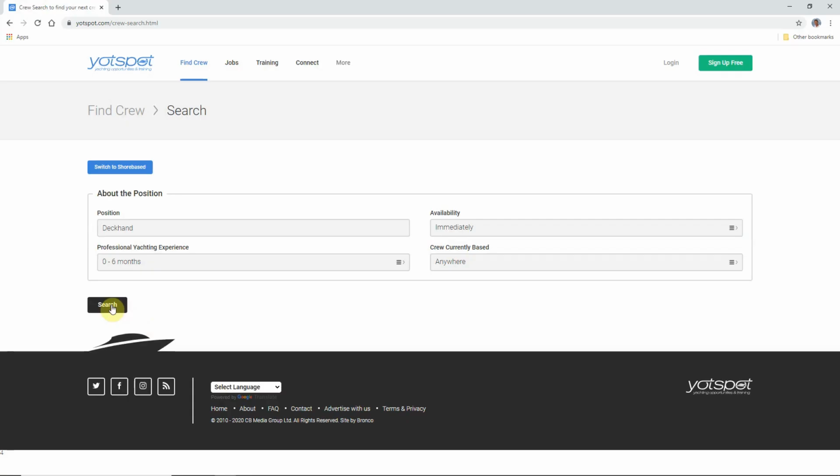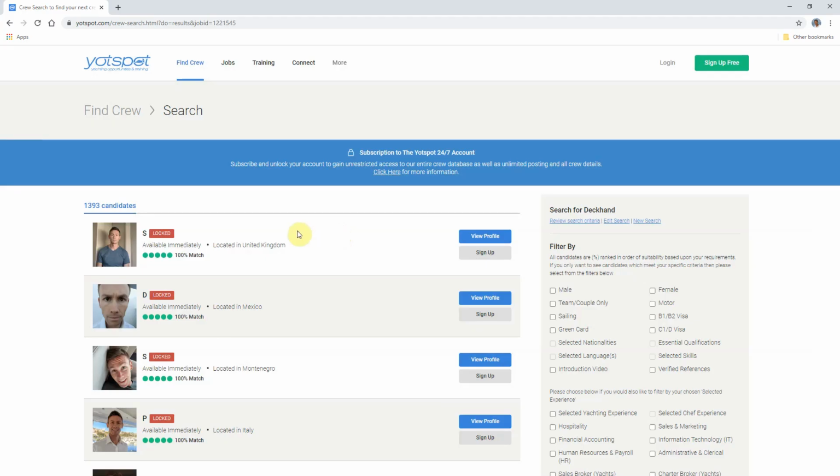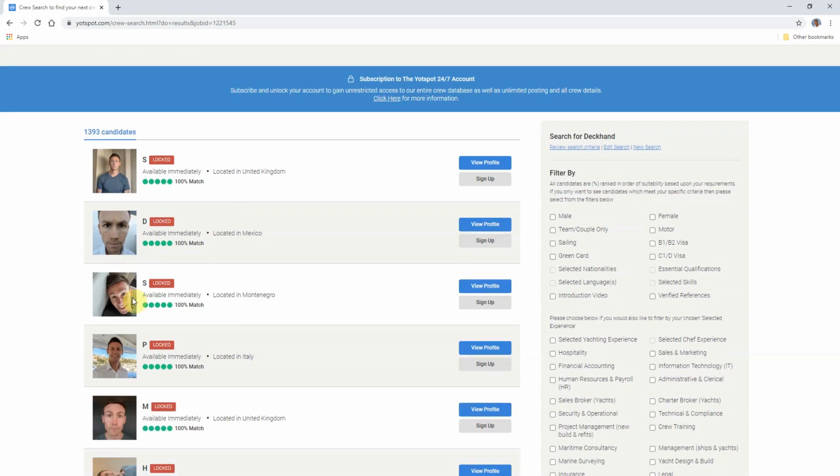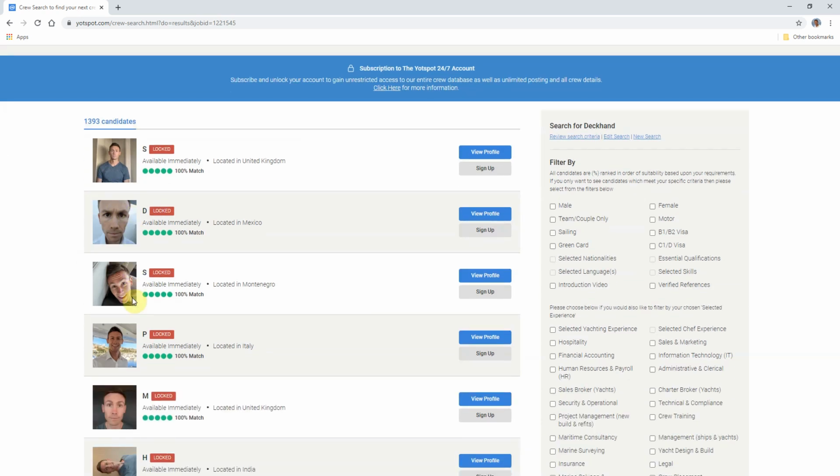Let's click search. And there it is, matching. It's going to search through all of its database to find all of the candidates that meet the criteria that I've just set. Here then we have the results page, and here we have the hook. Each candidate's hook, their profile photo. Now, I don't want to poke fun at anybody here or criticize unnecessarily. We've all done things that we could have done better. But do you see the problem with some of these images? Of course, these are all me, but they are based on actual candidates that I have seen here on Yotspot